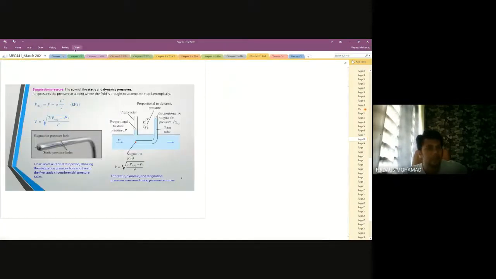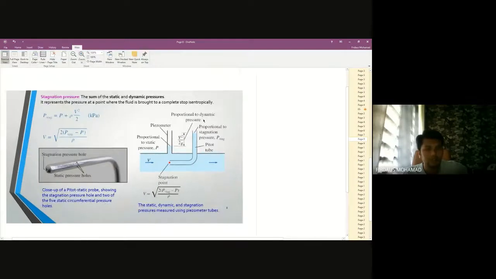Okay, so this is very important, which is to define the stagnation pressure. Okay, stagnation is stagnant. Stagnant ni maknanya dia static lah. Kita define when it's brought to the static. Okay, so stagnation pressure, which is the sum of static dengan dynamic pressure. Okay, so it represents the pressure at the point where the fluid is brought to a complete stop